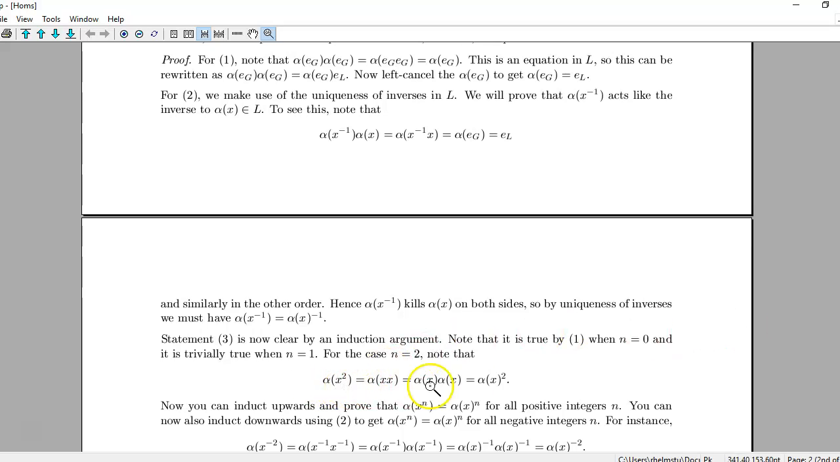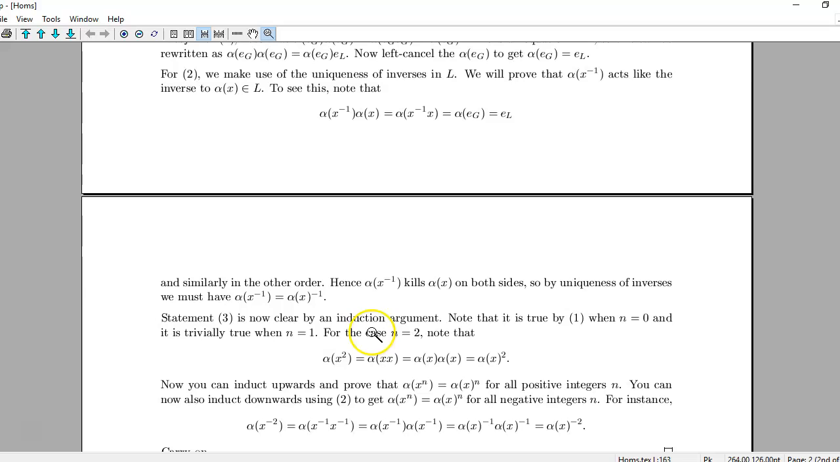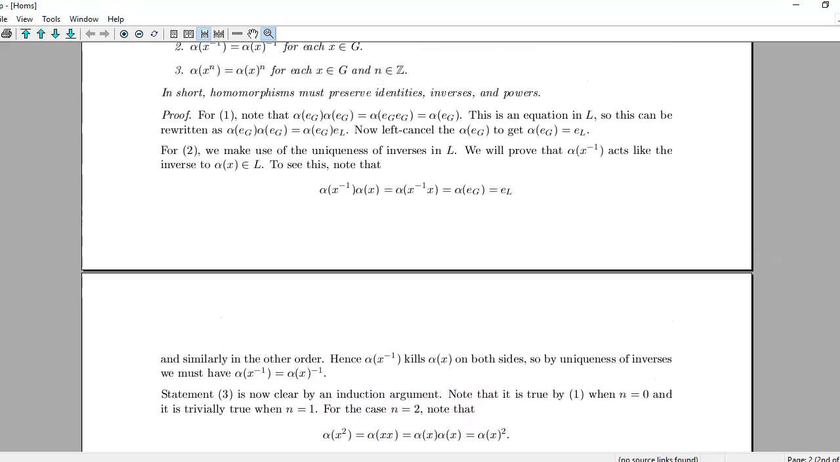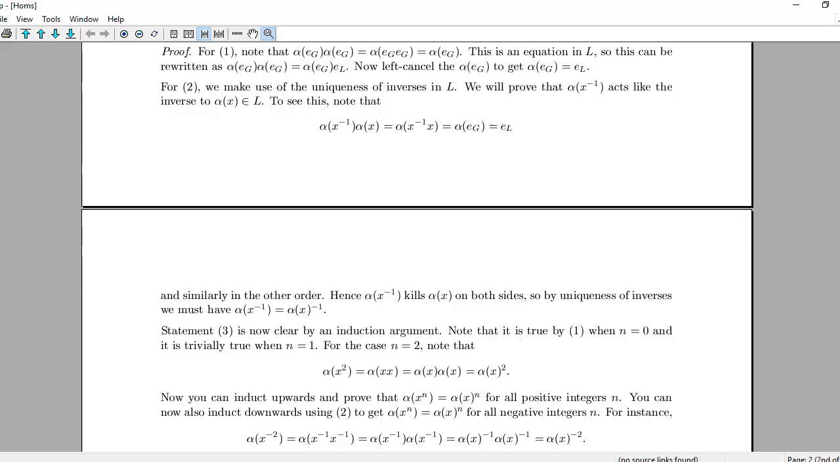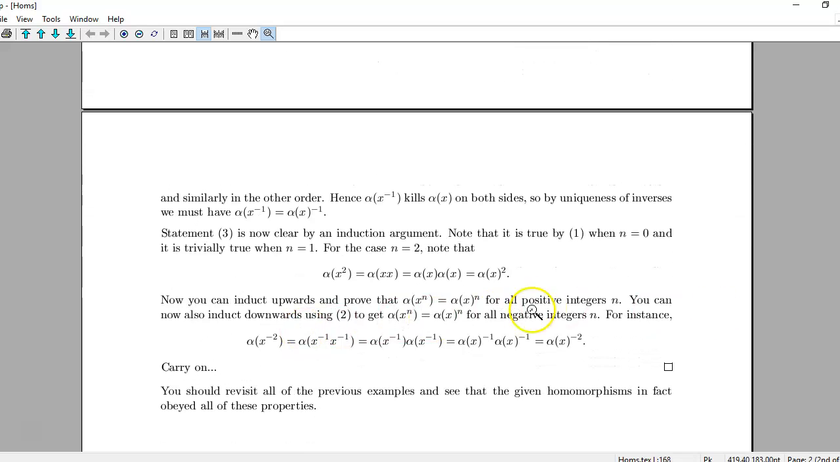So it's not hard to go from here to alpha of x cubed is alpha of x cubed, and so forth. But we still got to get the negatives. So when I start here and I induct upward, I get that statement 3 is true for all the positive integers. I still got to get it for the negatives. And I can get that by inducting downward, right? So for instance,